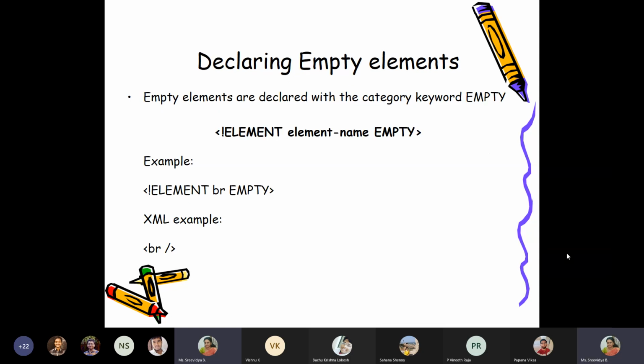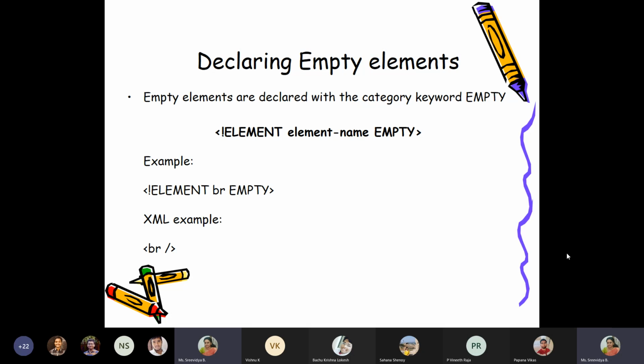Now, how to declare an empty element? For an empty element, just specify the name of that element and use the keyword EMPTY. I'm defining a tag called BR, which we spoke about just now, to give a line space. That is an empty tag.